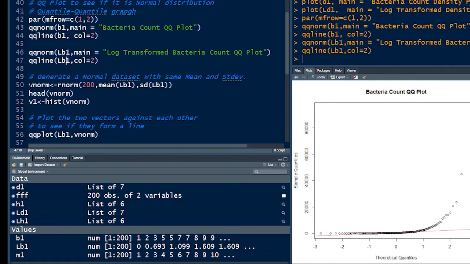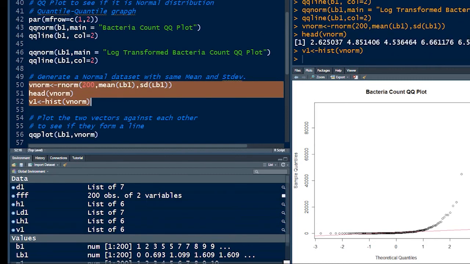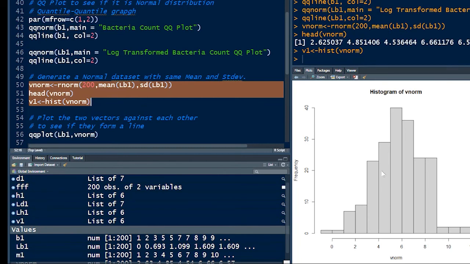So let's look at this one and plot it. There we are. Now these are random numbers generated by R. It's supposed to be normal, and that's how it is. I mean, you never get the real normal things.